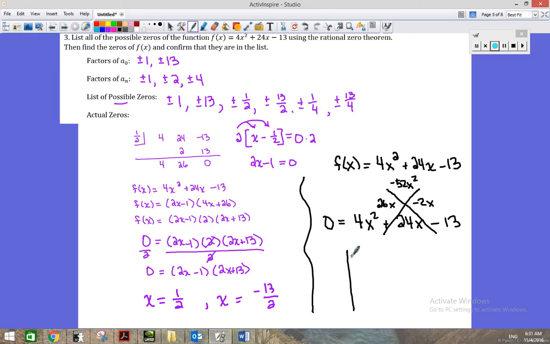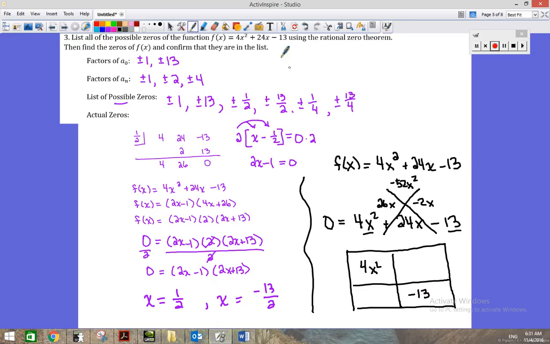So if we come in and put this in the form of a table with the first term and the last term going along one diagonal, and the values that you found in your x going in the other diagonal,